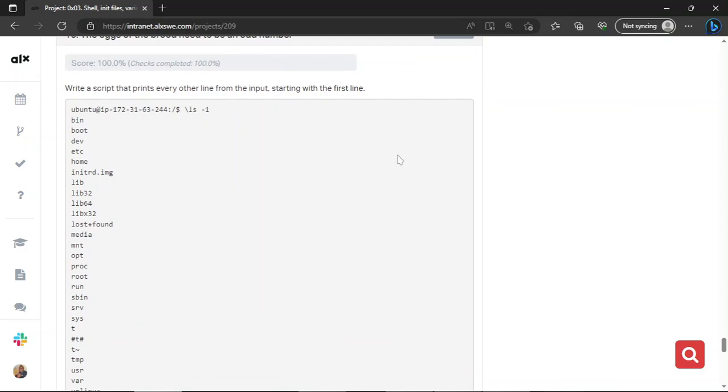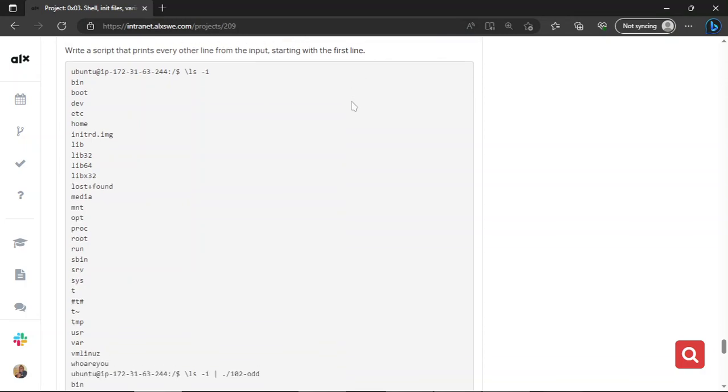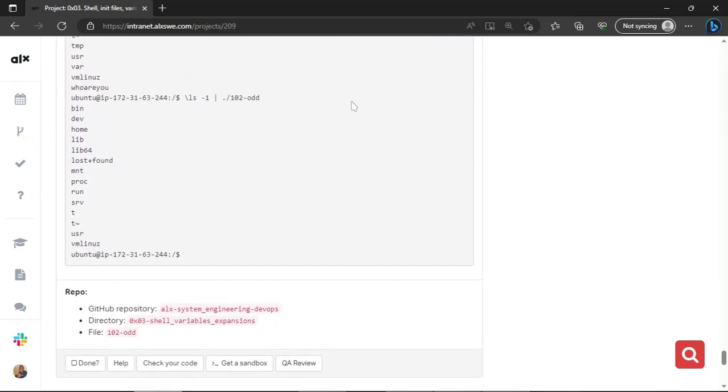So this one says write a script that prints every other line from the input, starting with the first line. Print every line from the input, starting with the first line. Okay, so